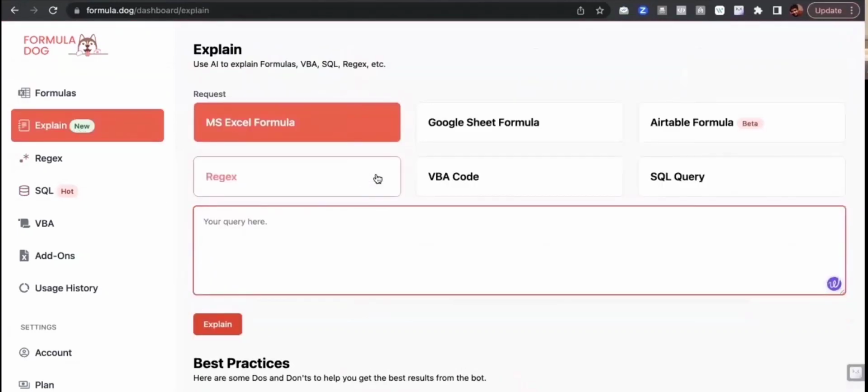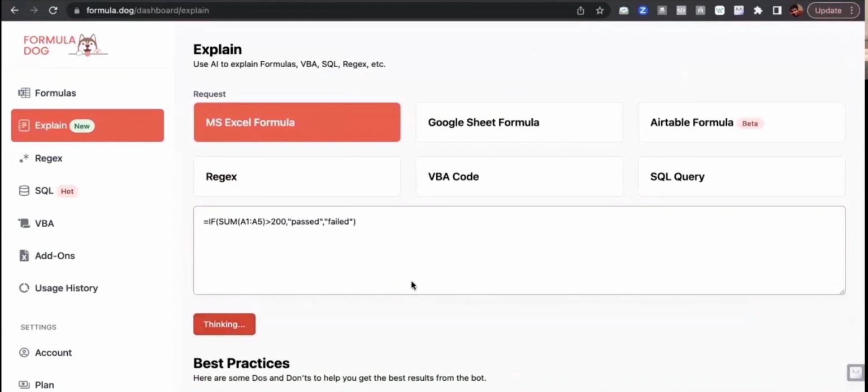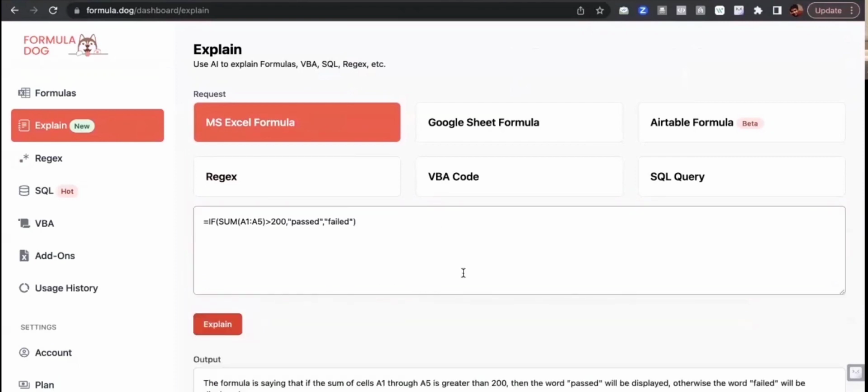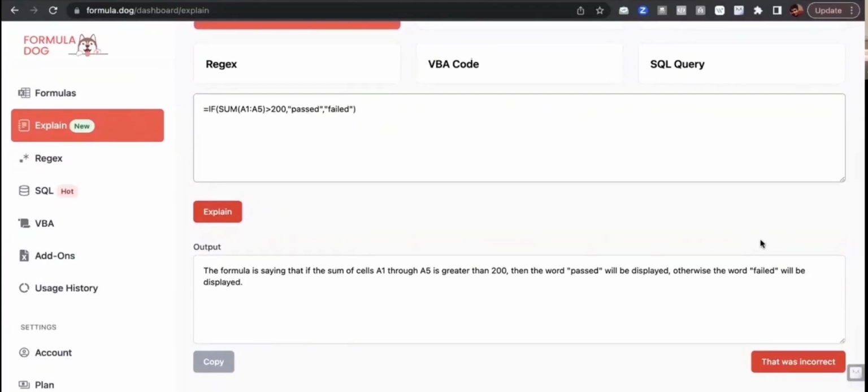I'll go to the explain tab. Over here, I will just enter the formula and ask Formula Dog to explain this formula to me. And boom,